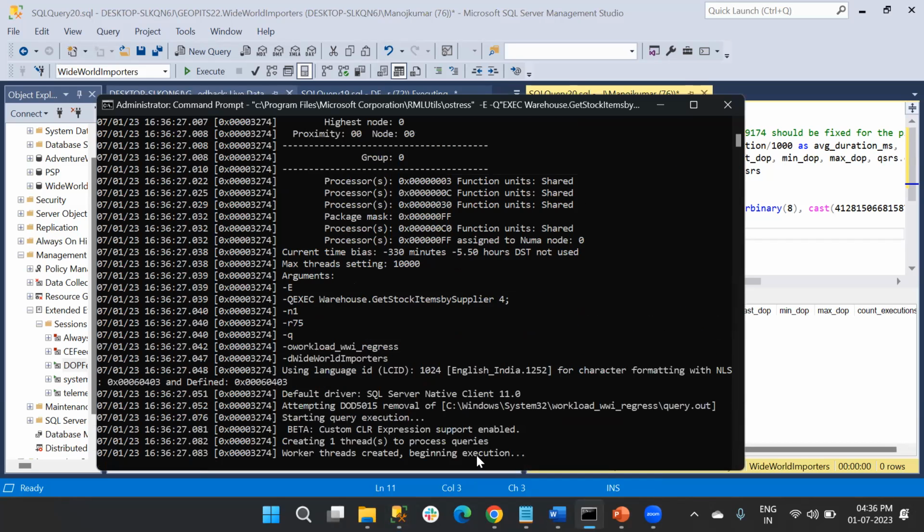Just running the procedure on stress. We'll see some impact with live data execution.